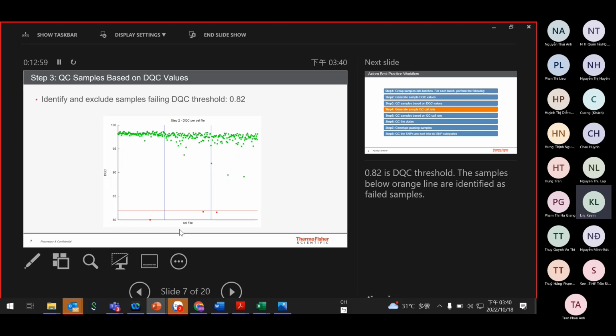Non-polymorphic means these markers you already have the genotyping, like GG, like CC, like AA, like TT. It's a fixed marker. Of course it's a different probe. So we select